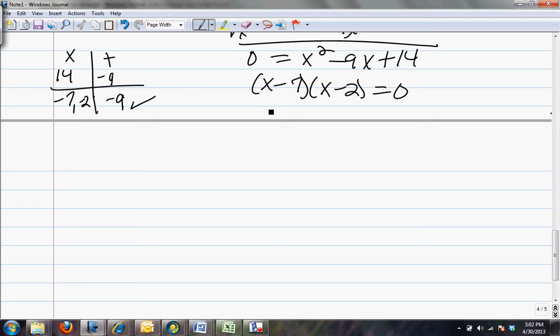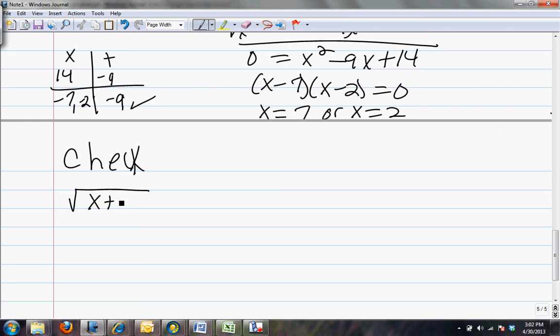But we're not done. Remember, the final answers are x equals 7 or x equals 2. Because if I put in 7 here, I would get 0. 0 times anything is 0. If I put in 2 here, I'd get 0. 2 minus 2, anything times 0 is 0. This is where you have to check. It's where it's really important to check. So try both. If you plugged it back into the original equation